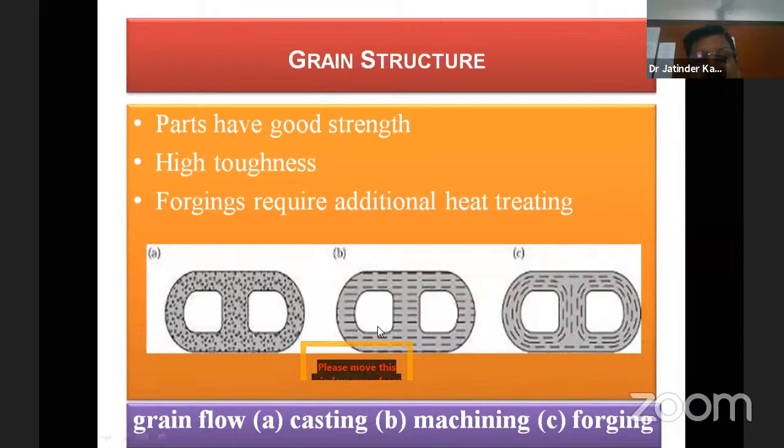That means strength is less. Here the structure is brittle one, casting. Structure is a certain form of brittle one. So that means the more strength you will be having, that is of forged component. That means forged components will be having more strength than machined and casting. Although